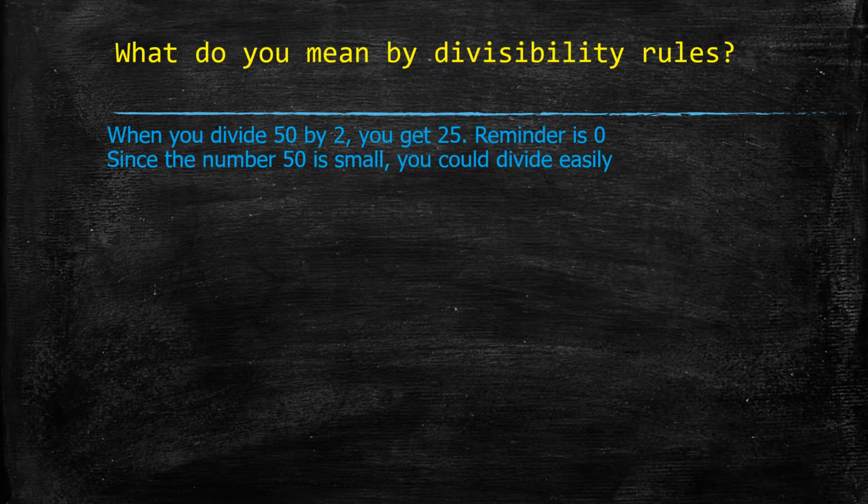You have a number 100, okay? You want to find out if 100 is divisible by 2. So what do you do normally? You will divide 100 by 2 and see if you get a remainder 0, right? Yeah, that's what we do. That was very easy because the number was small. Okay, so what if we have a big number? So again, should we divide it with 2 and find out if it is divisible by 2?